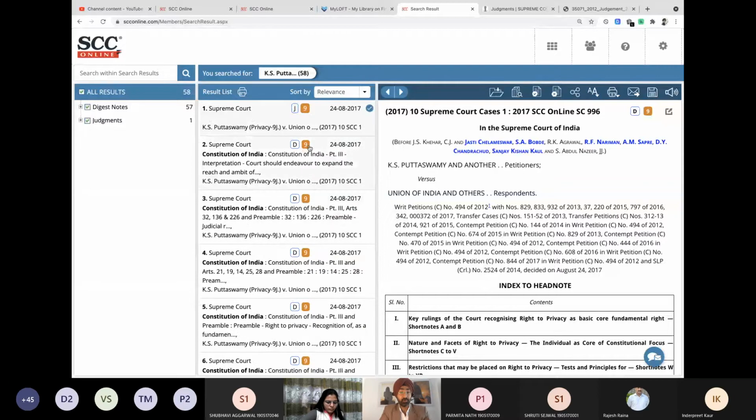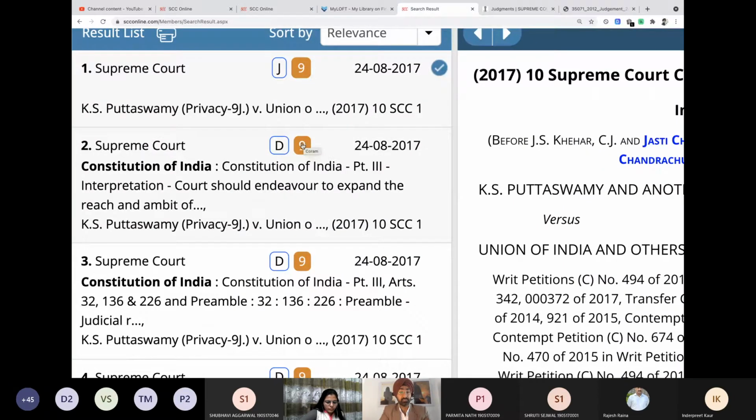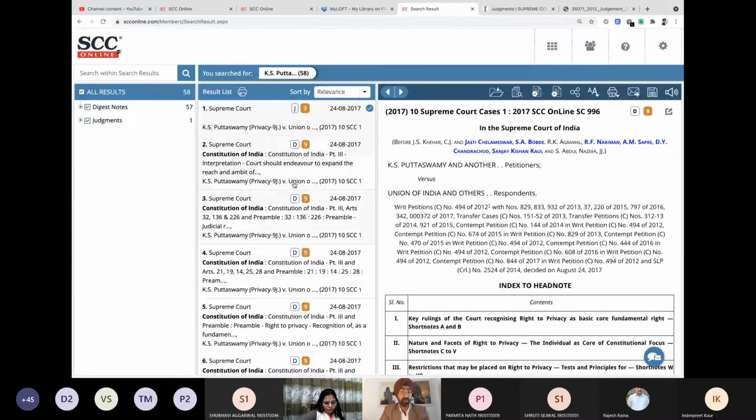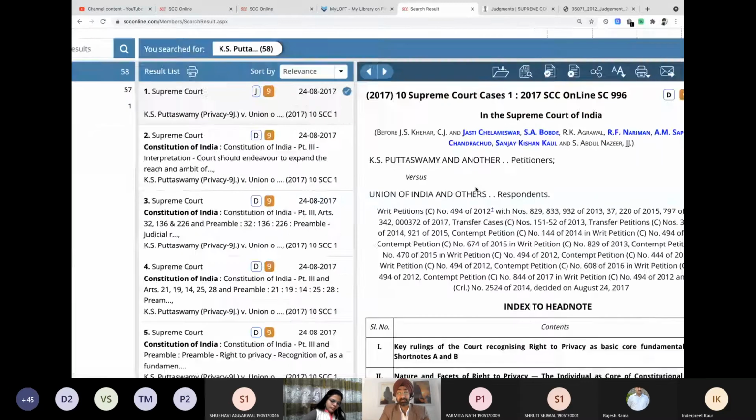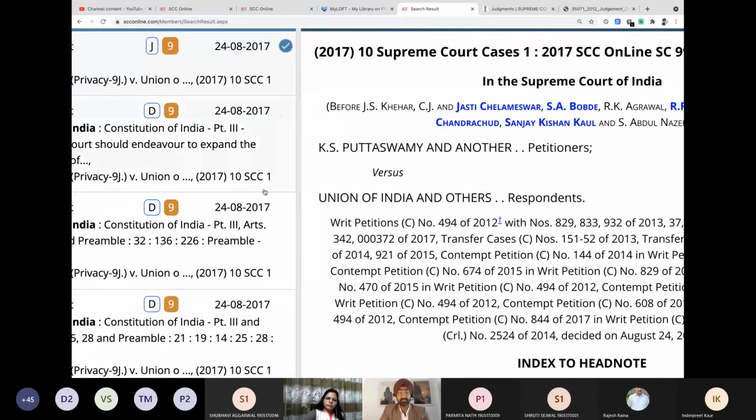So 9, we already know what 9 means. It's the number of judges who are part of the quorum. And this time J has been taken over by D. D means that this is one of the law points which were discussed in the judgment. Okay, so these are different points of law. How many points of law? 57 points of law. Now let's come to the judgment and do a simple quick comparison of this particular